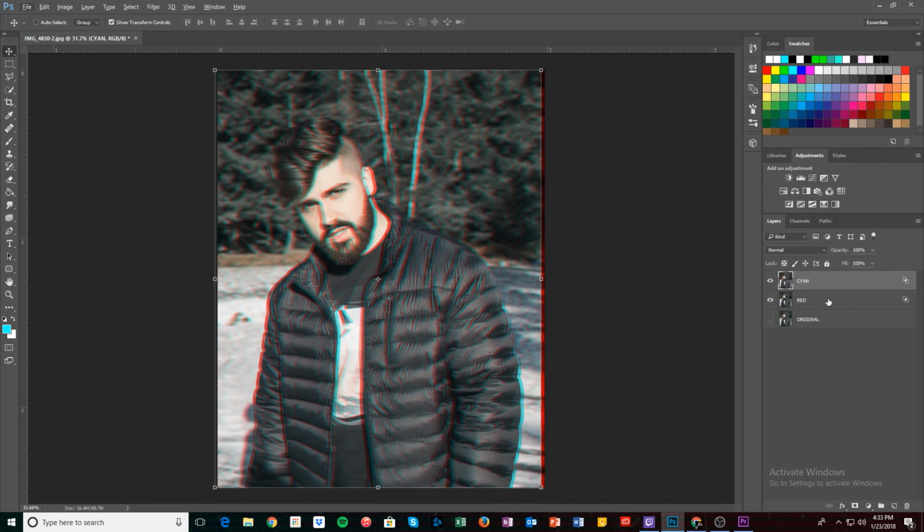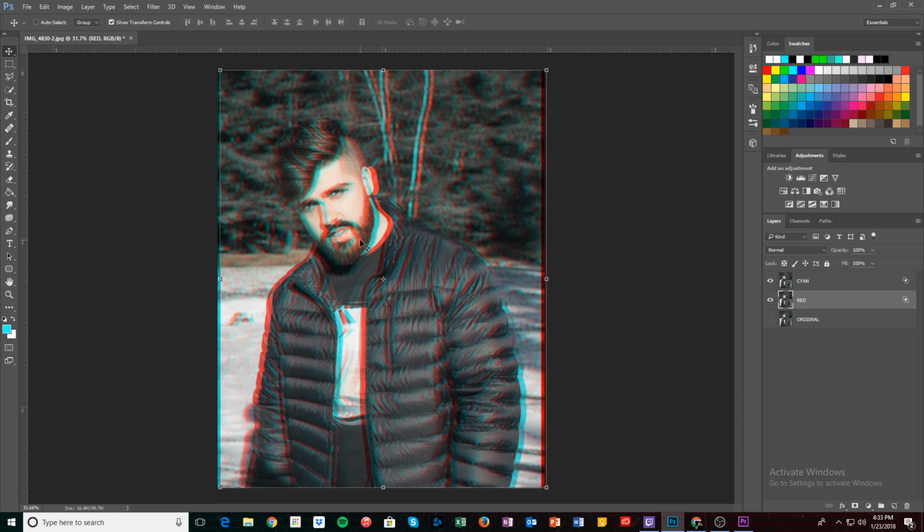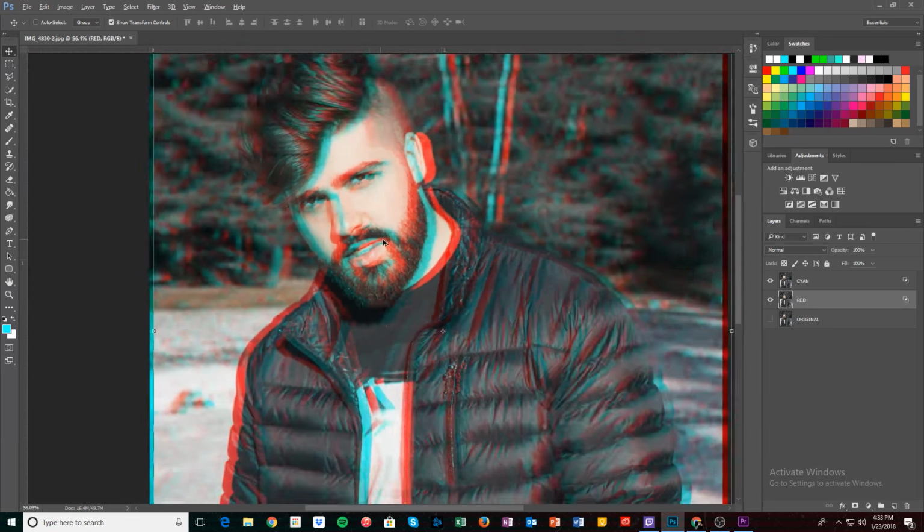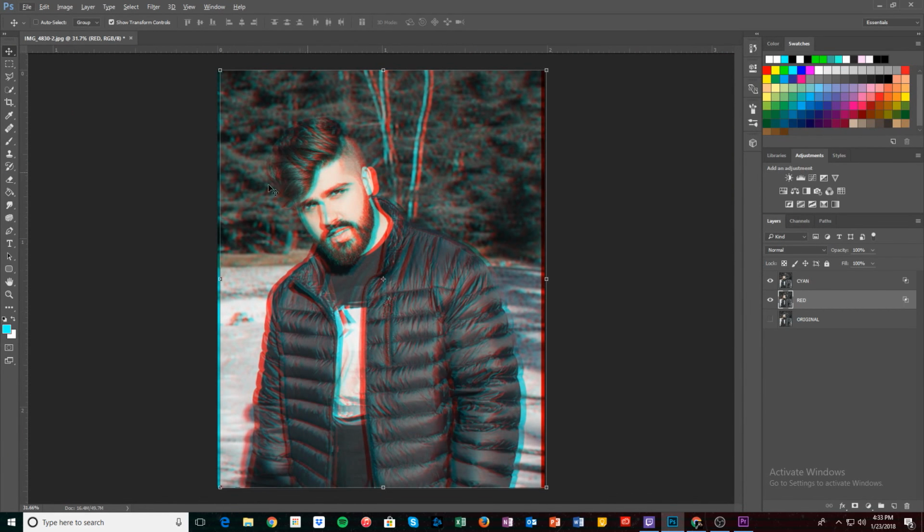We're going to click on the red layer and make sure the move tool is selected, and do the same exact thing, but instead of going left with it, we're going to go right with it. So with the arrow keys, 1, 2, 3, 4, 5, and that just furthered the glitch effect. You could obviously do whatever you'd like and whatever kind of image you want to create. That's just how I'm going to do this tutorial real quick.